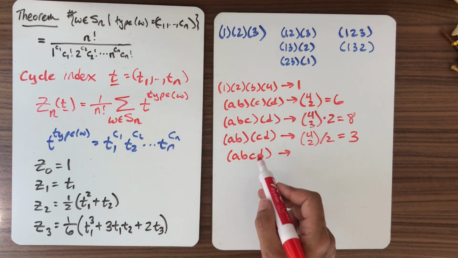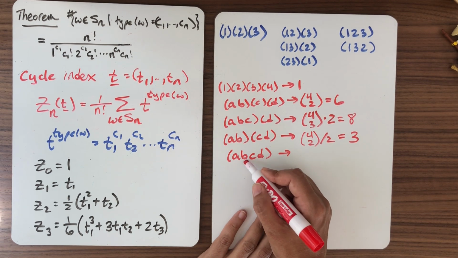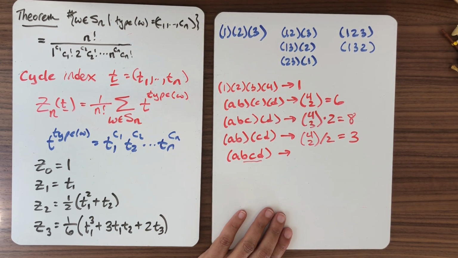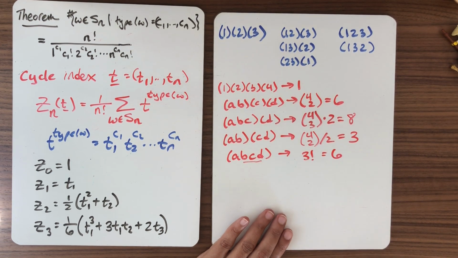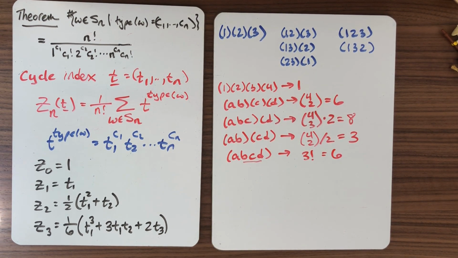But how many ways can we order this? So again, we pick who your head is and just take linear orderings of these three. So this is going to be 3 factorial, which is 6. And notice that this 6 and this 6 are different, but the upshot is the same. That the formula we're going to get for Z4